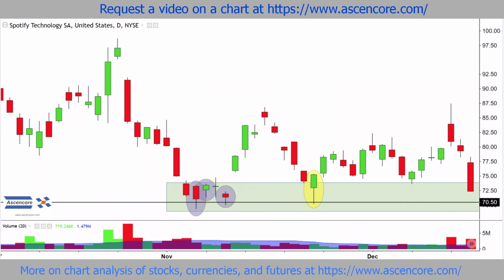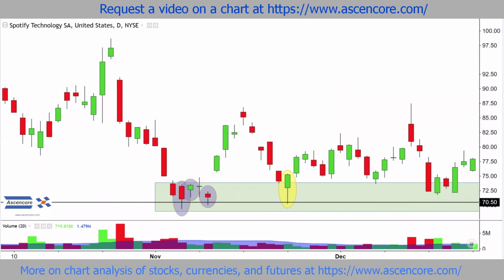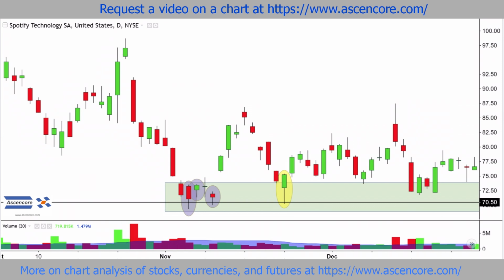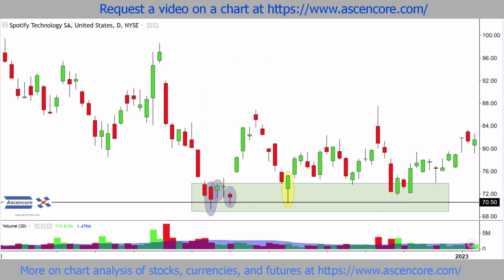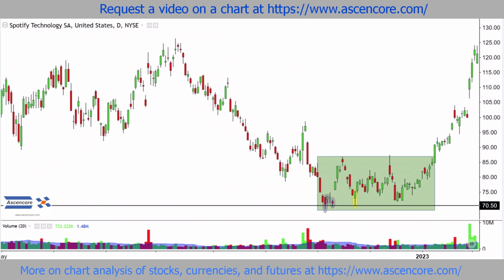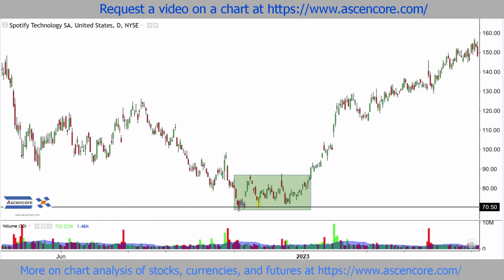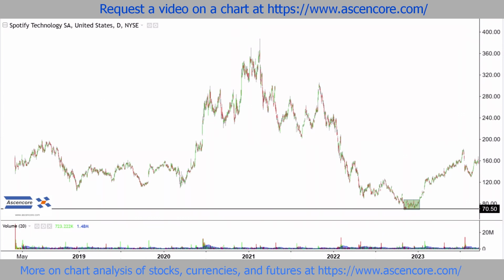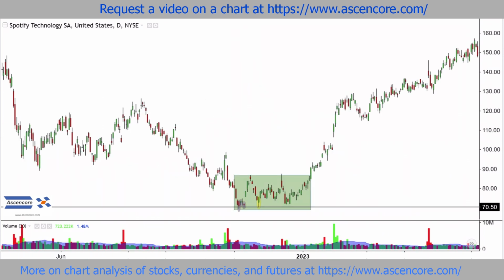resulting in the range centering around 70.50, becoming a key focal point as price once again falls sharply, only to rebound yet again. So if you've already seen my series on chart patterns, this will look familiar, because these bull hammer candles were also part of forming the basis of one of the primary bullish reversal chart patterns,